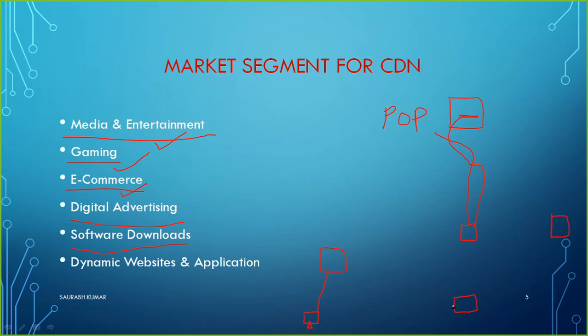Keep in mind, it is a distributed network. The network can be in every region, and in every country also, where you have a cache server, and this cache server allows you to get the resource on your system. It is also used by dynamic websites and applications. Applications can even be those containing big videos, images, or any big dynamic content, and they can use the cache server. So this is all about the market segment of the CDN.